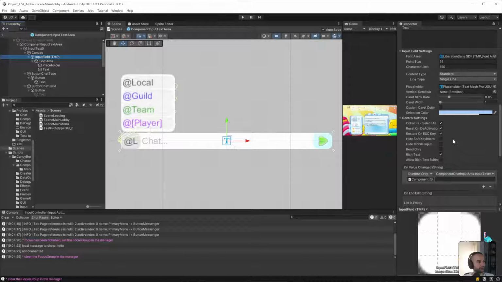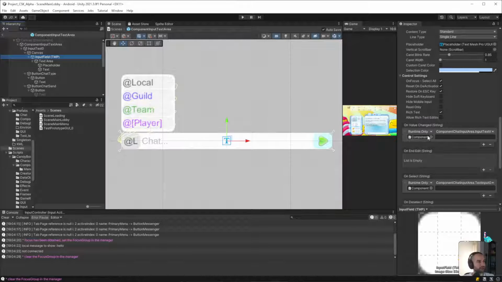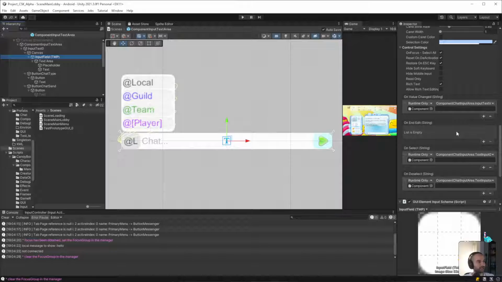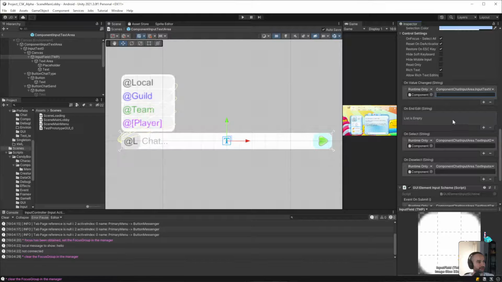Allow rich text. On change. What is this? Not sure what that is.